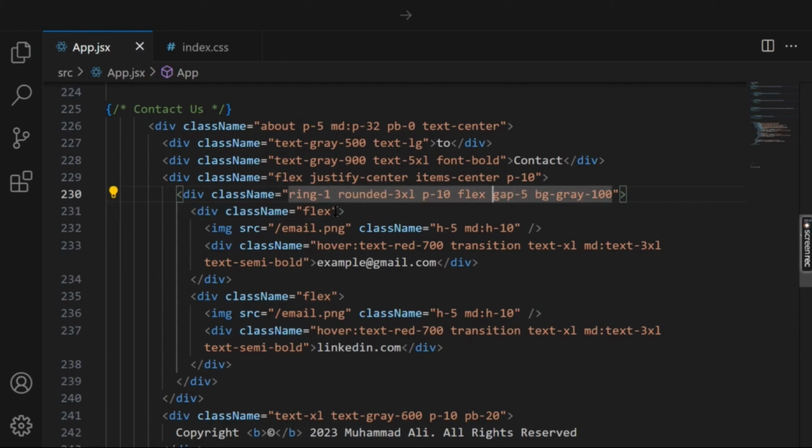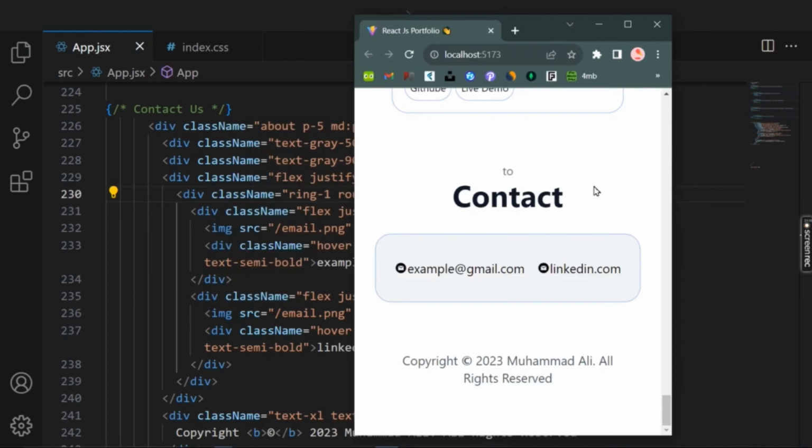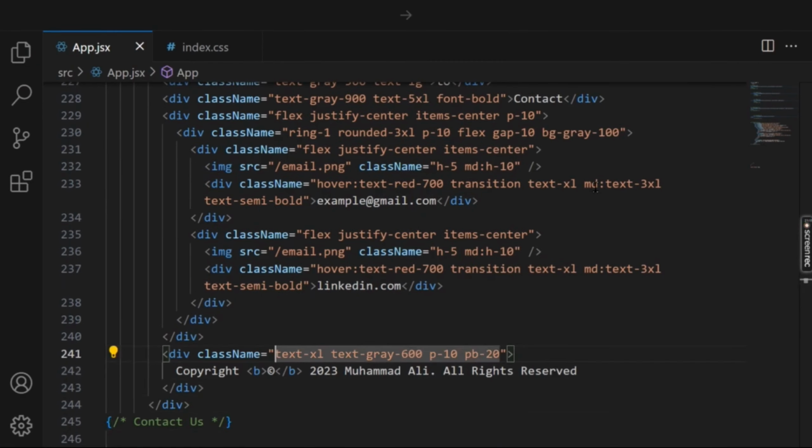On medium screen the text will be greater, and if we have to add a gap between these items, we have to select this and justify will be center, items will be center, and you can see that everything is centralized. And now we have to put space x5. It's not working, so gap is okay I think, but gap is also not working. So what we can do, we can give it more gap. Then you can see that gap is now working, and we only have to customize the footer section where we